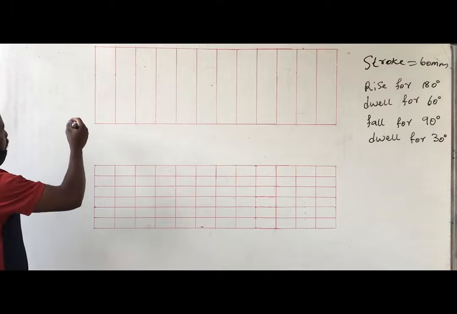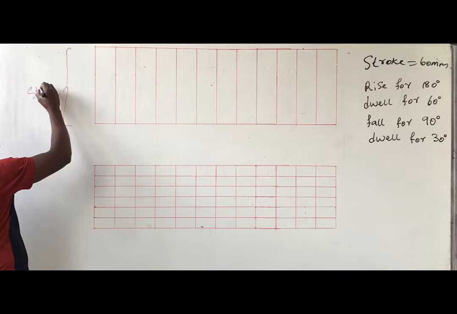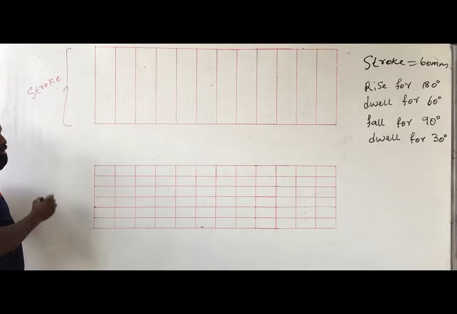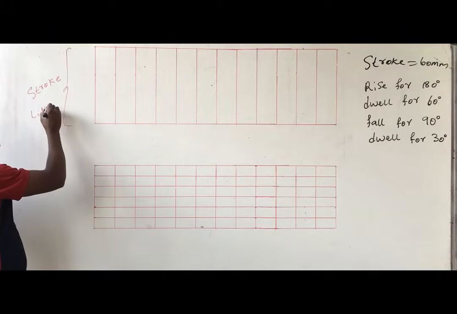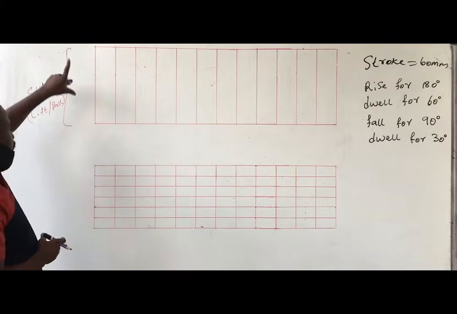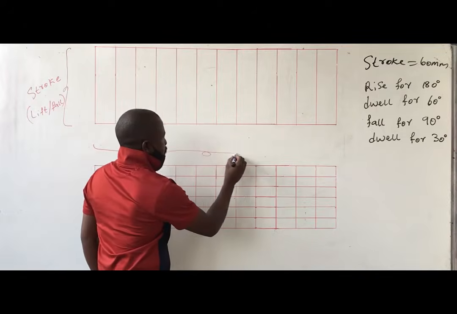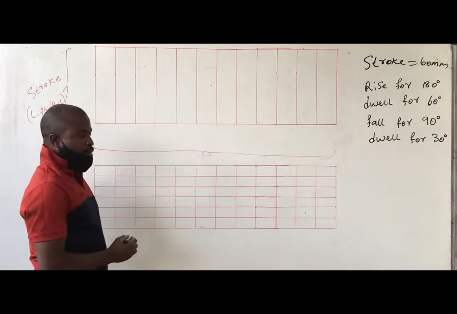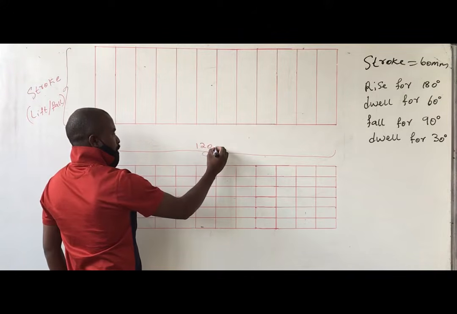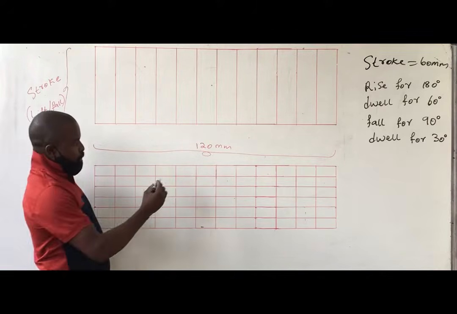So just to recap, from there to there, I said it's a stroke height, sometimes referred to as a lift or fall, in millimeters, that distance. So the horizontal one, I said you must always measure 120 millimeters. After measuring 120, you divide